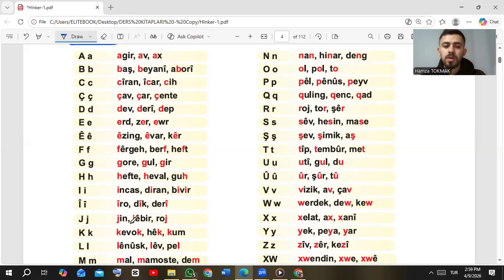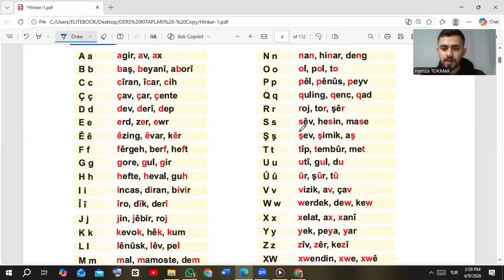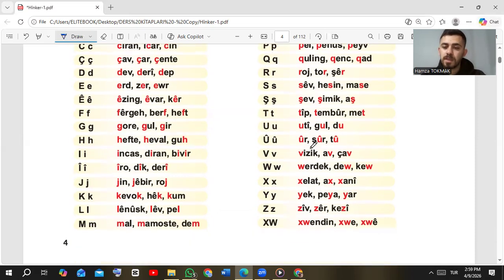jin, gevok, lênûsk, mal. And the other side, nan, ol, pêl, quleng, roj, sêv, şev, tip, ötê, ûr, vizik, werdek, xelat, yek, zîv,